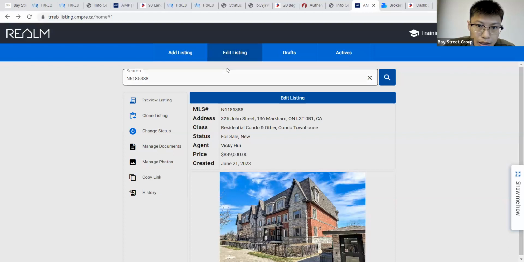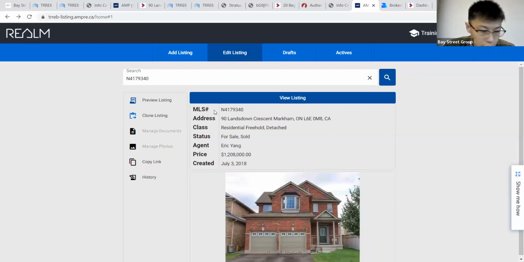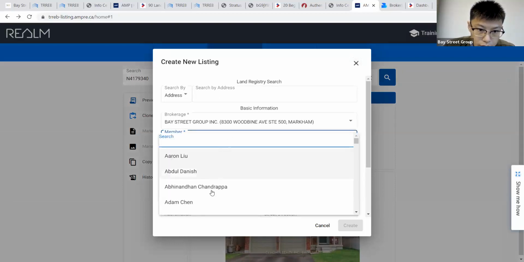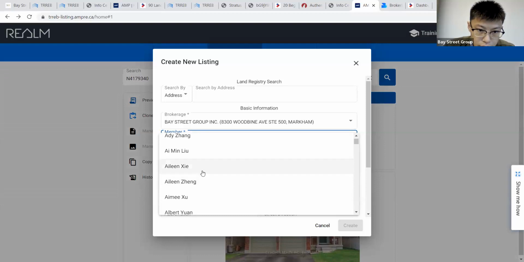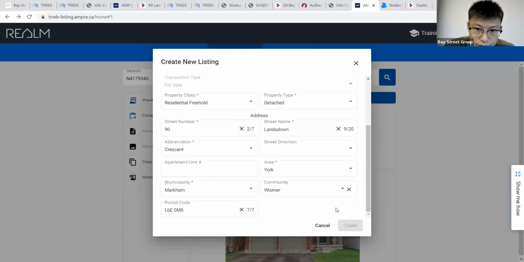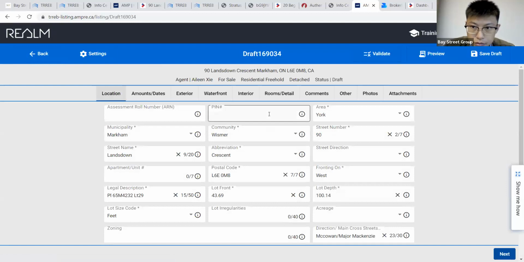So we click on edit listing and input the previous MLS number here and search it. Now we found the previous listing, and on the left side, we can click on clone listing. Any type doesn't matter. And then I can create. So now I'm in the draft page for